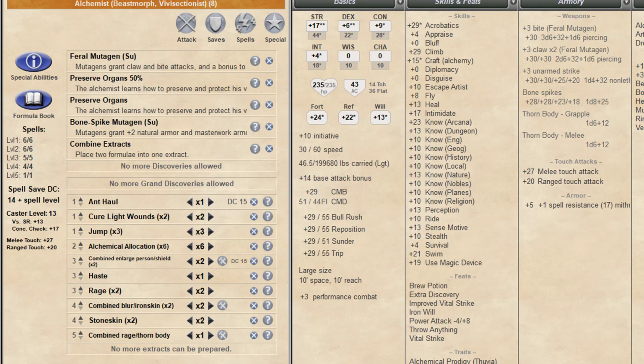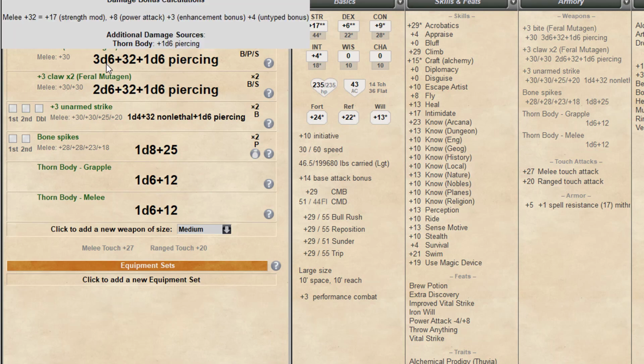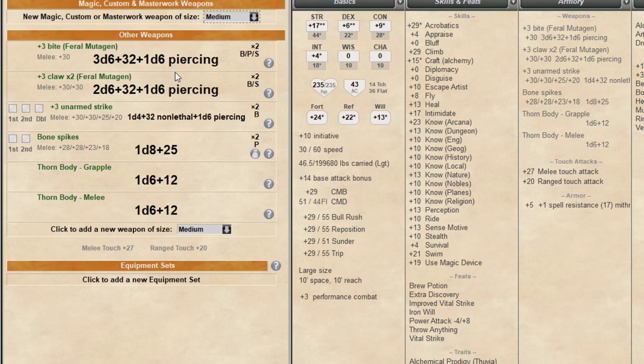So yeah, the best way for you to be Hulk is by pre-buffing, and that's going to allow you to do the Hulk things you want to do in combat, namely smashing face. So a 4-round attack for Hulk, with everything up, is going to be a bite at plus 30. You're going to deal 3d6 plus 32, plus, assuming you've got Thorn Body up, additional 1d6 piercing, plus, assuming anybody